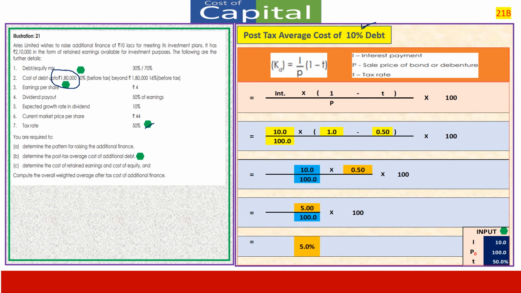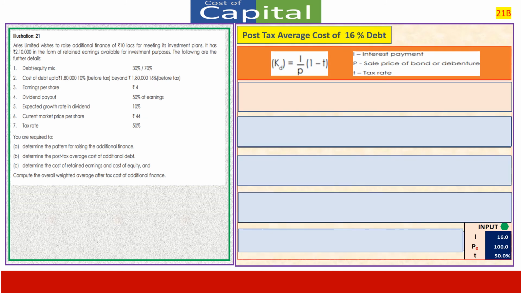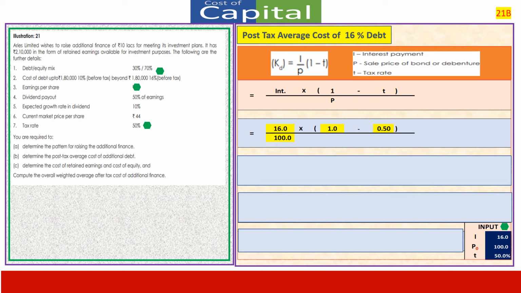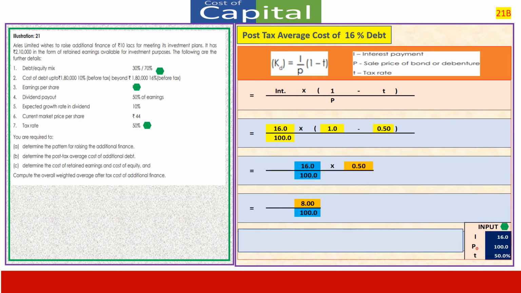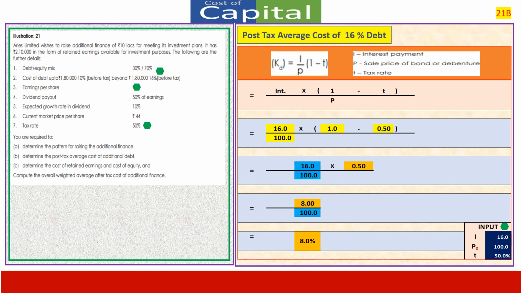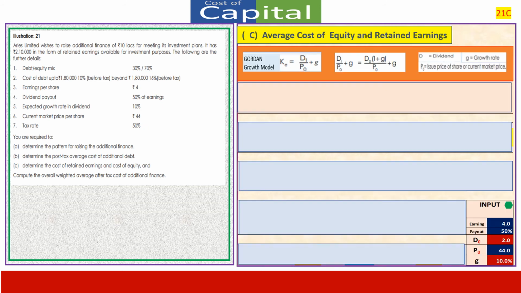Similarly, you can tell us now, if 10% is 5%, 16% will be 8% because the formula is the same. If we come here in respect of 16%, the formula is the same. 16 into 1 minus 0.5 divided by 100, you are at 8%. This is a simple formula as such, it is a repeat. Then comes